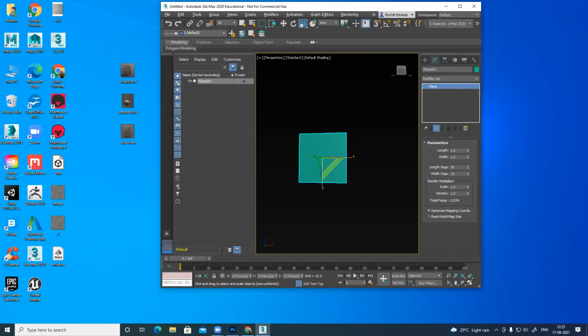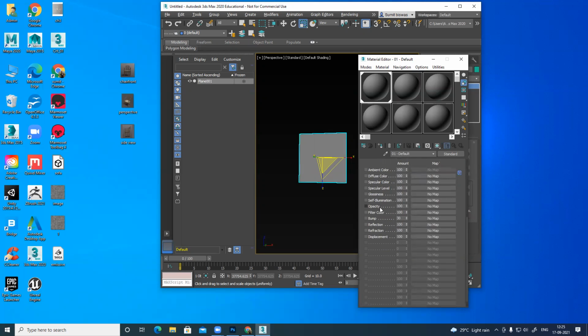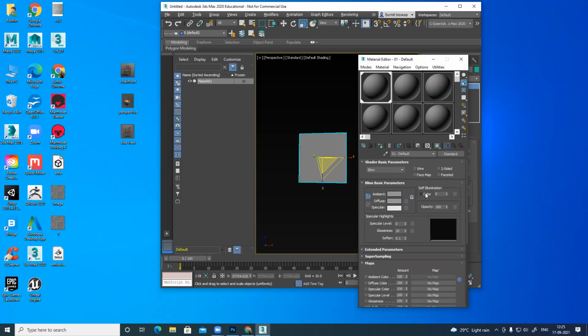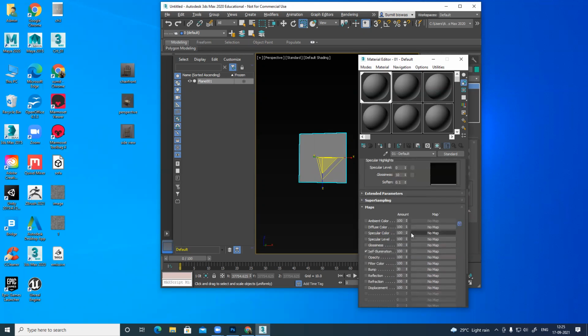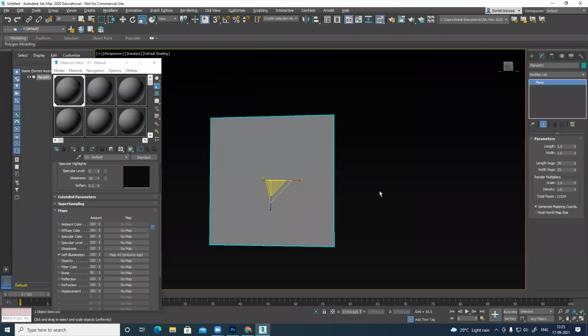Go to material, like any material, gray color material, and under maps you can see there's something called, where is my, this is what we call emissive. So this is showing illumination. Like illumination, basically again illuminate. So we just simply drag and drop this map here. So here you can see nothing is visible. Yes, nothing is visible. F9.